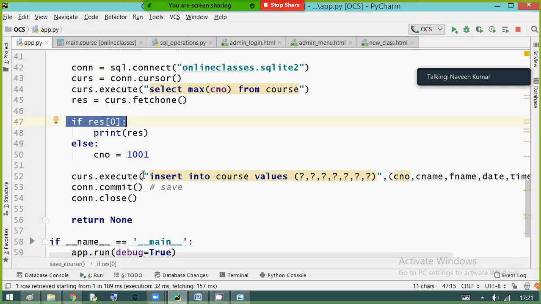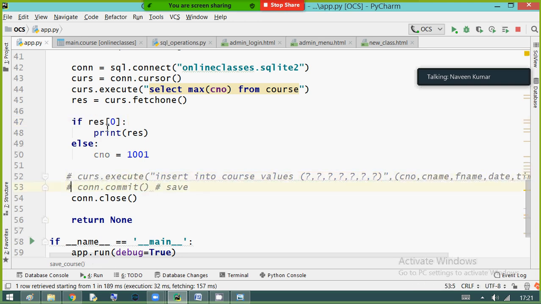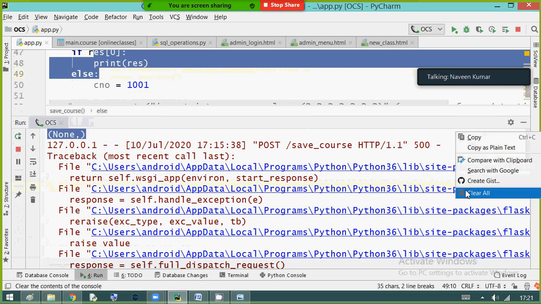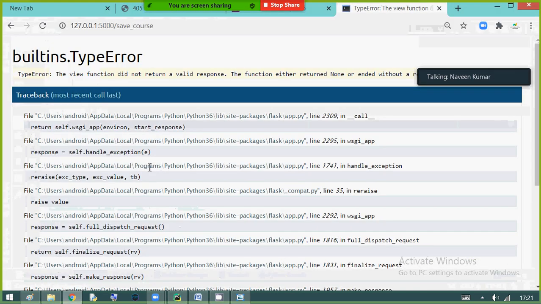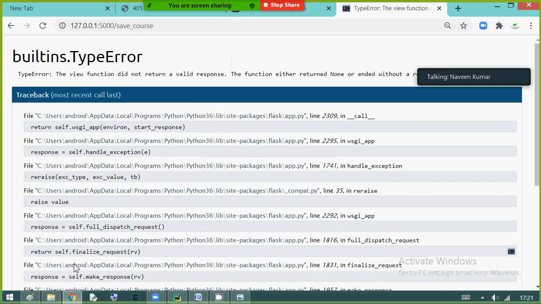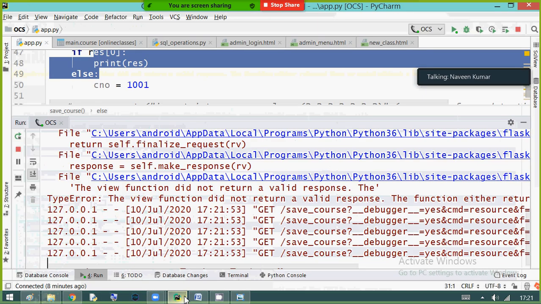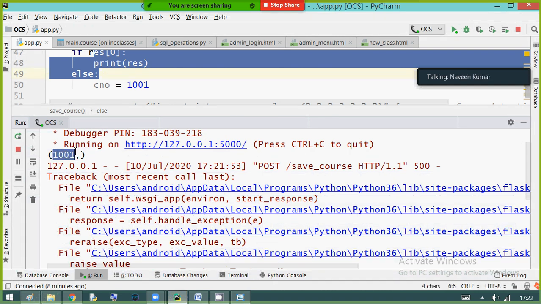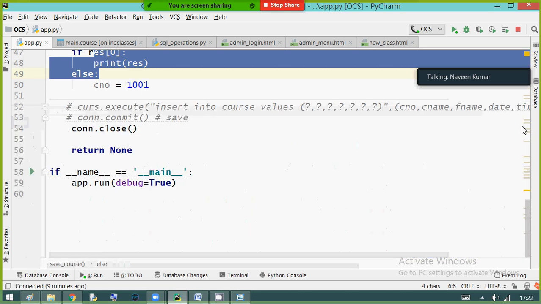Now observe. Here temporarily I am commenting these lines for our validation. Let me clear all this stuff. Back and submit again. This time what is the result you got? 1001. Yes, the last ID number, I mean course number, that I got.